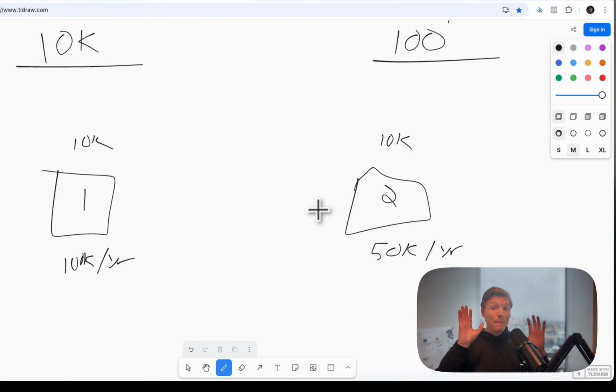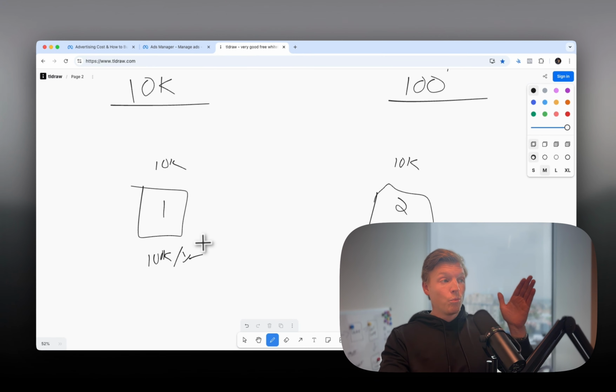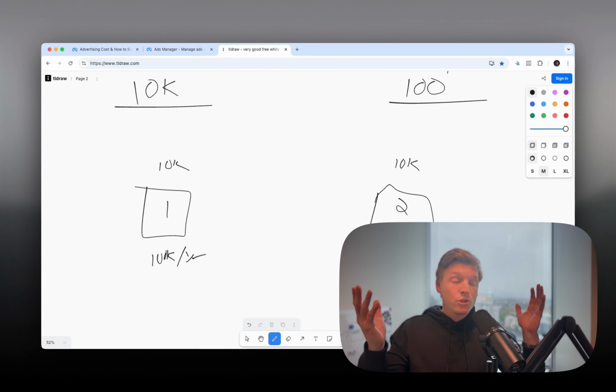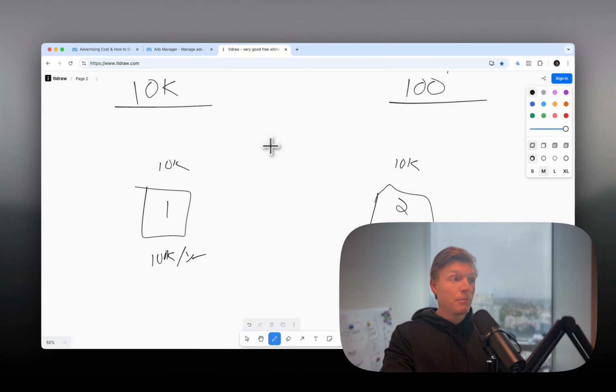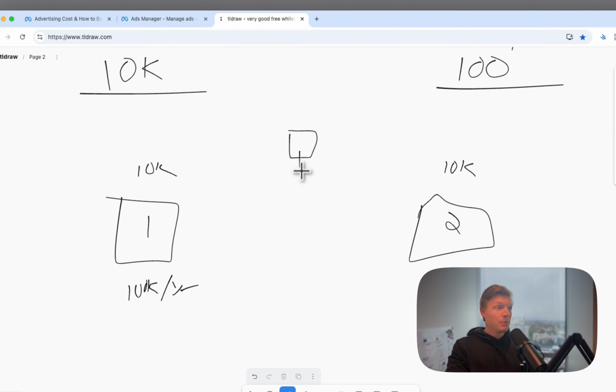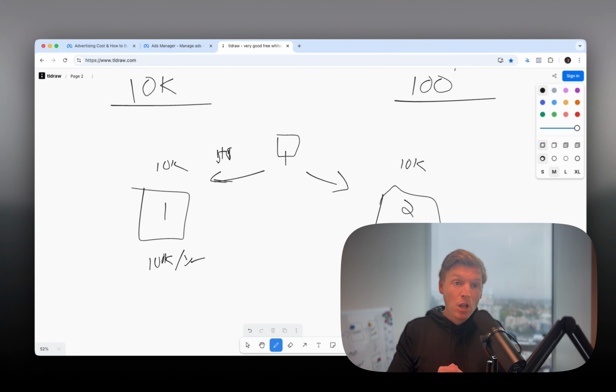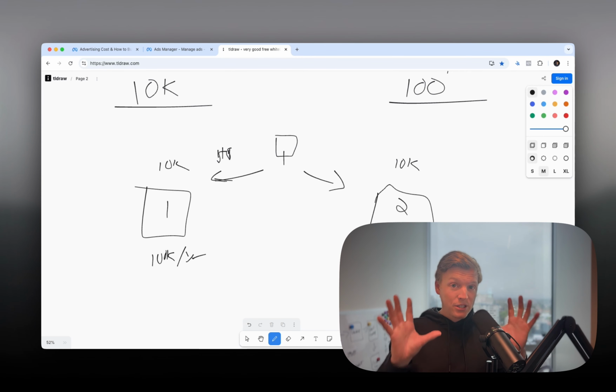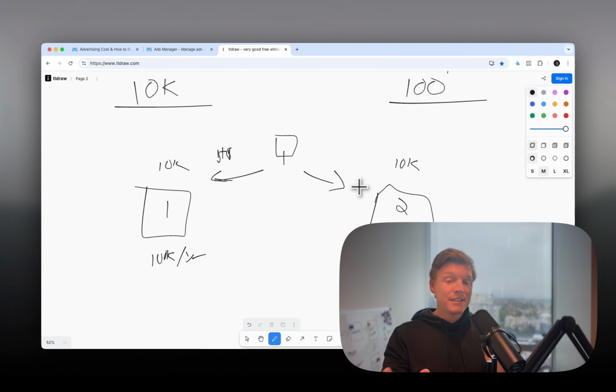Same amount of people, but in town 1, there's a higher socioeconomic status. So when it comes to placing a billboard or a Facebook ad, it's going to cost you more money to put it in front of the people in town 1 than in front of people in town 2. I hope this is really simple and you're like, yeah, this makes sense. Perfect. This is exactly how it works on Facebook.